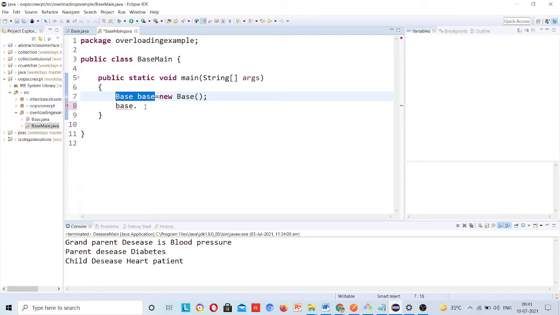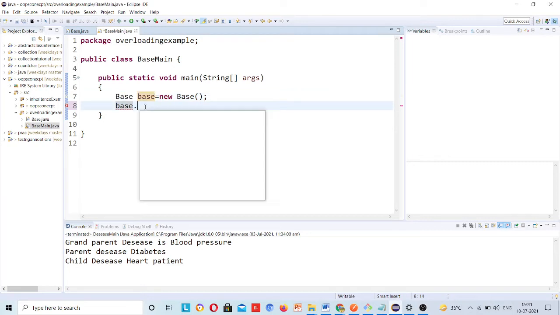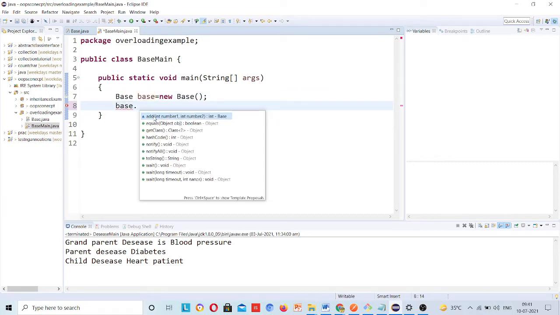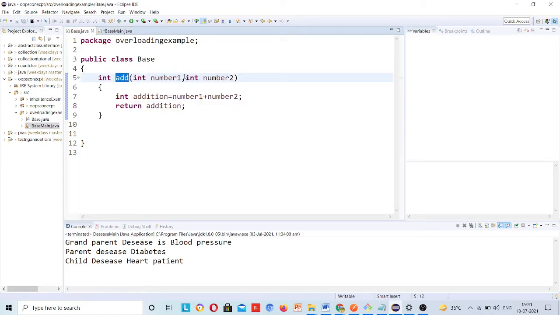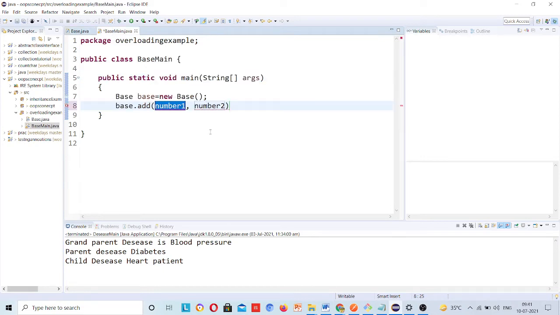That is why it suggests the methods of class Base. Here I will double click, it will come number 1. What do you want to pass, what type of number? You can see integer. So in this method you have to pass integer values only. And I am not going to tell you what the integer values are, this is normal mathematics.